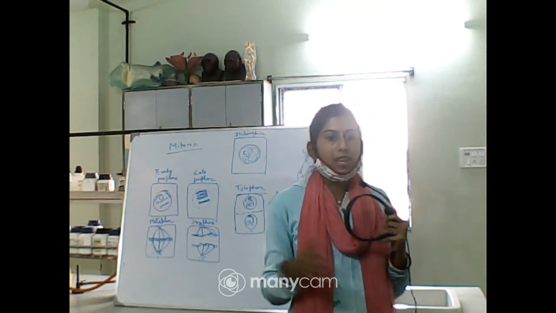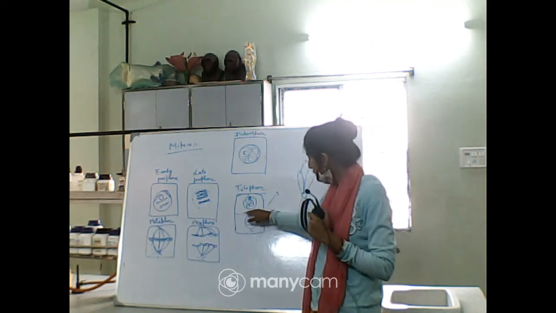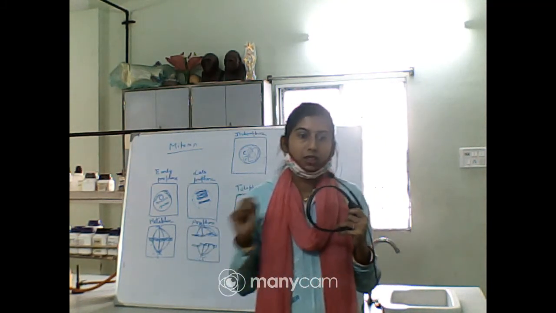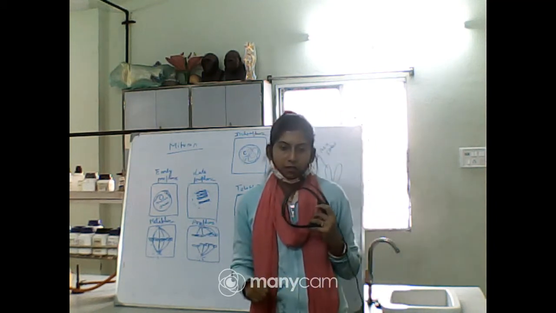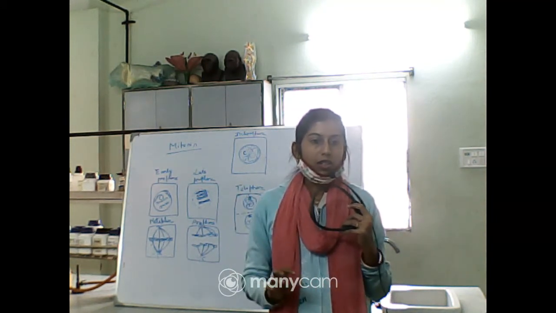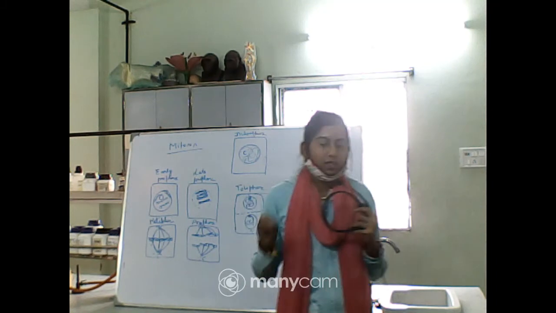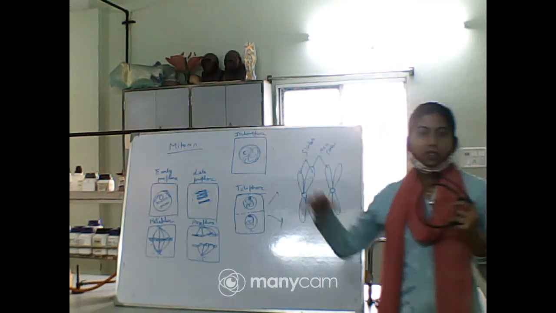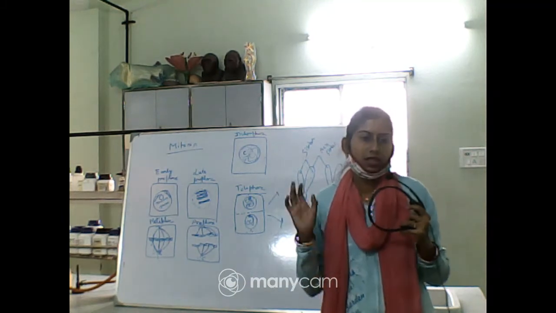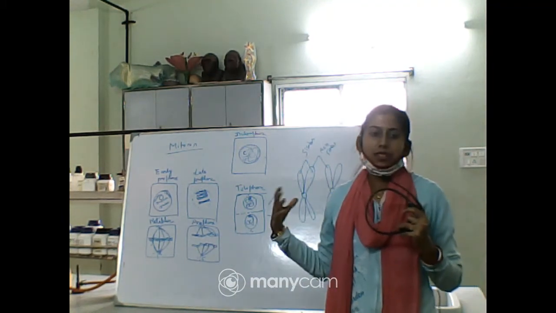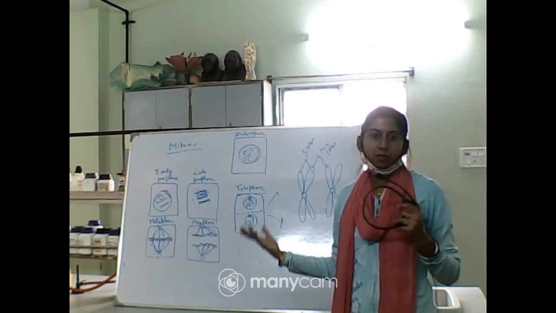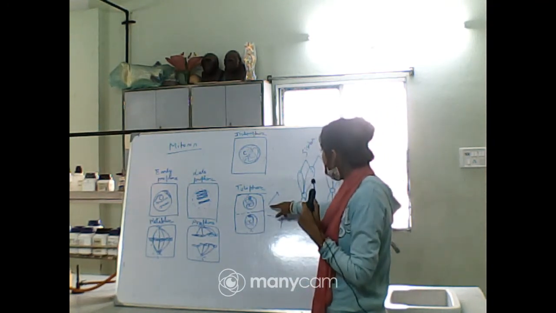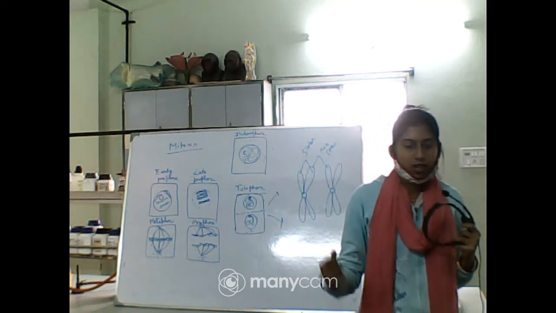In plants, a cell plate formation will take place like this, and I have mentioned how this cell plate will be formed in the theory class, because this cell division is already in your theory part, and I have given a detailed idea about the cell plate formation and all the stages of mitosis and meiosis. So this is just a revision, because you have already read it in the theory part. So the cell plate will be formed, which will ultimately form the cell wall, right?